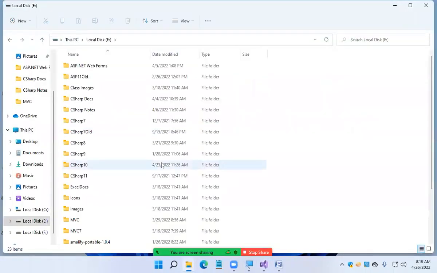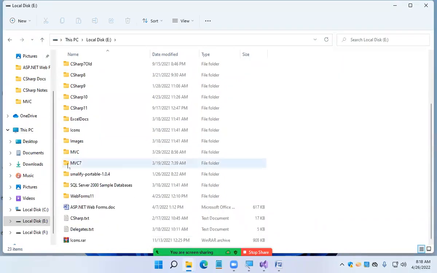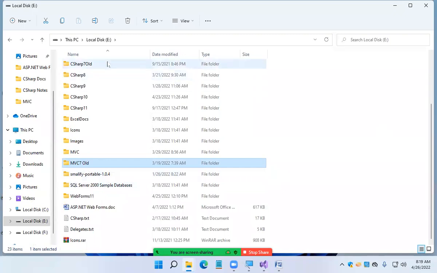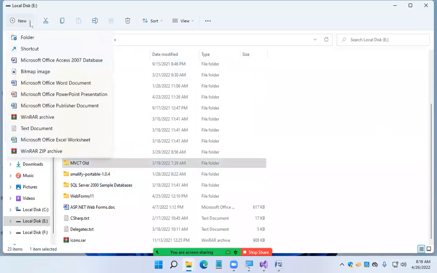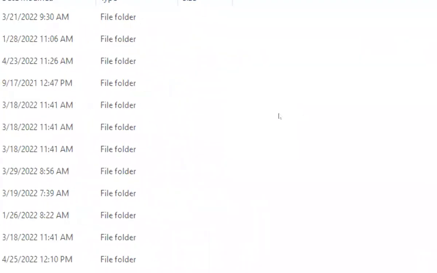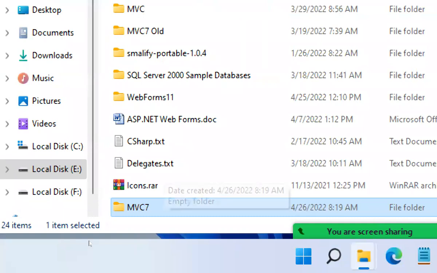On my system's E drive, I'm going to create a folder. I will name the folder MVC 7. I created a folder with the name MVC 7.